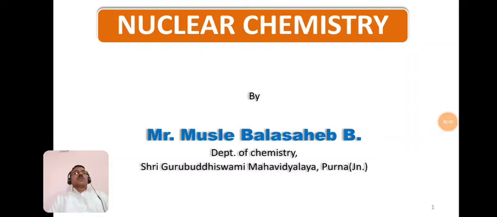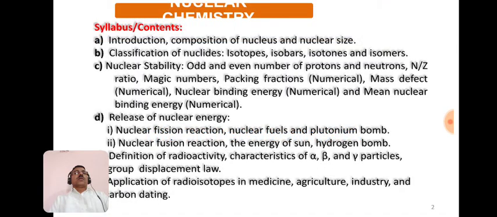Today we are going to study the new chapter, Nuclear Chemistry. This chapter is from Chemistry paper 7th, section B, Inorganic Chemistry. Now in this chapter the points to be covered are here: